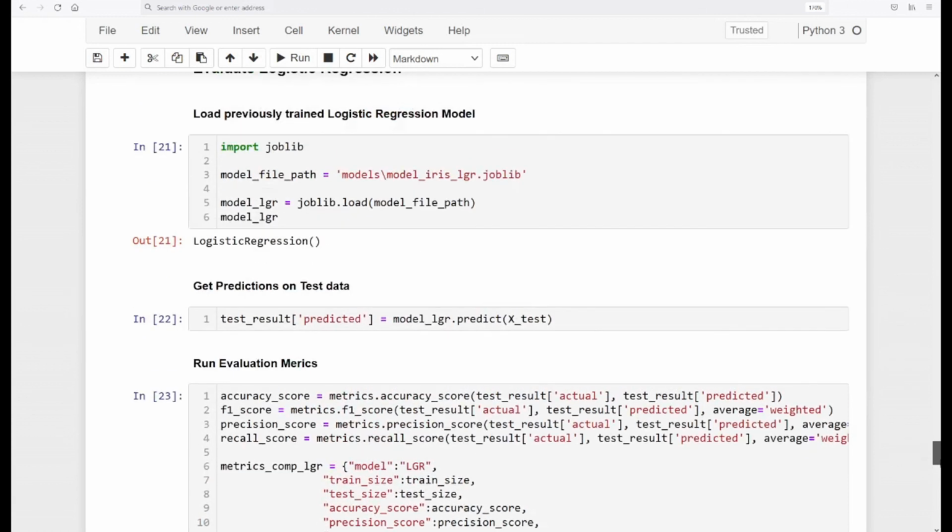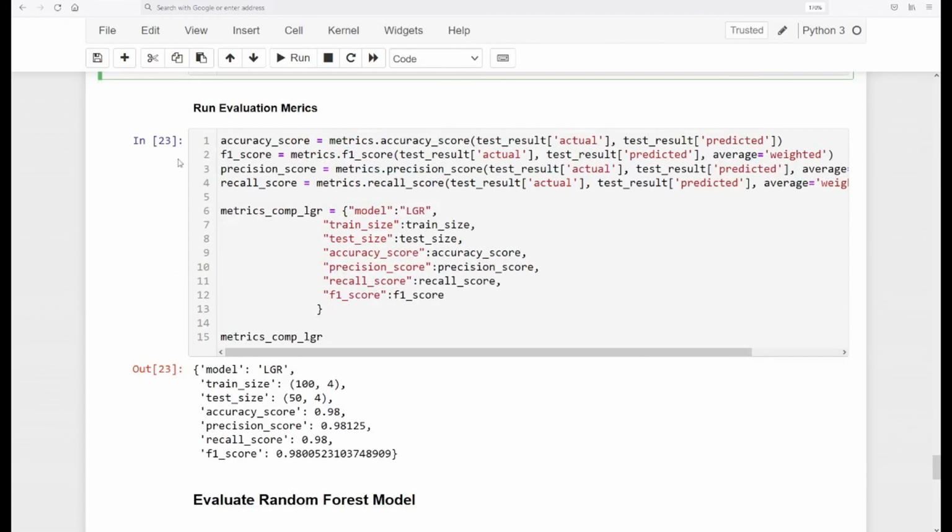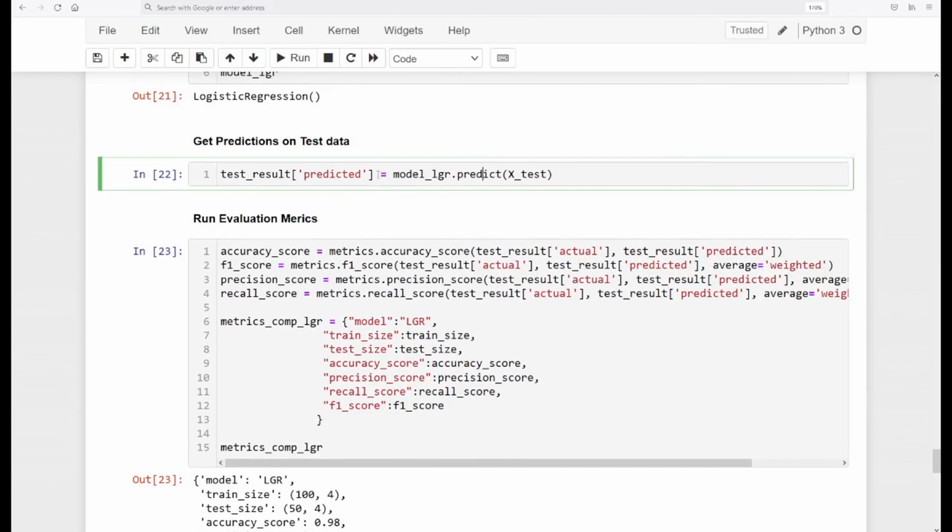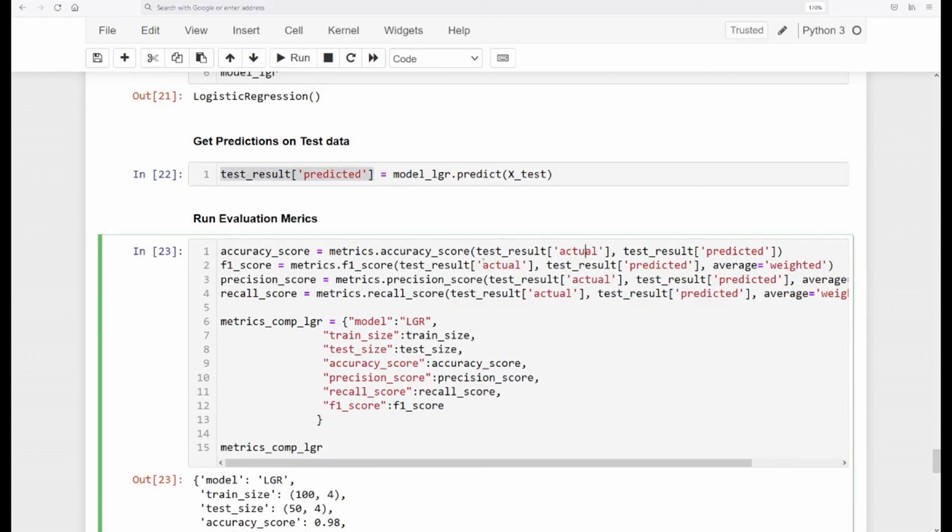So we execute this cell to predict, and then we run the evaluation matrix. I accidentally ran the evaluation matrix cell as well. So the predict function will populate a new column called predicted. Using that predicted column and the actual column, which was the ground truth we assigned earlier into the dataset, we can compute accuracy score, F1 score, precision score, and recall score as we did before for this